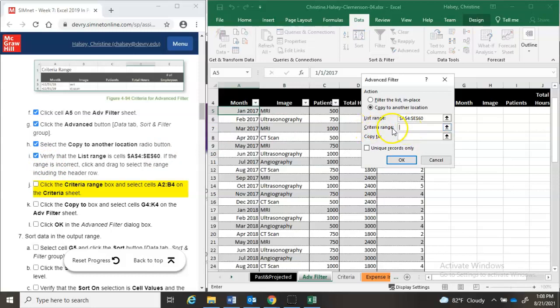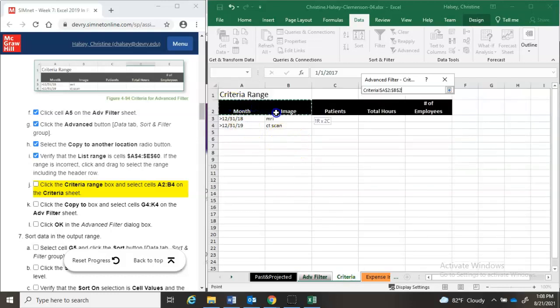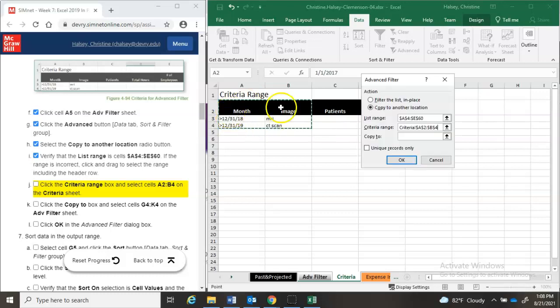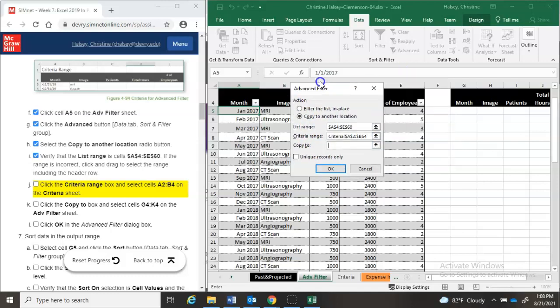Now I'm going to click in this criteria range box and then click on the criteria tab and then select A2 to B4. That's our criteria. Make sure you're getting the headings in with all of this. A2 to B4. Then we click down in the copy to box